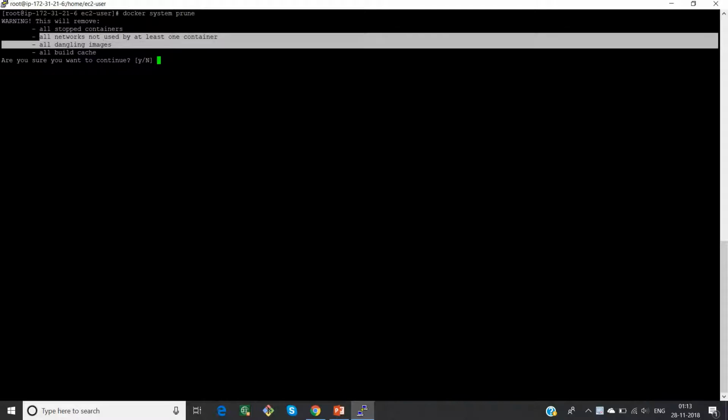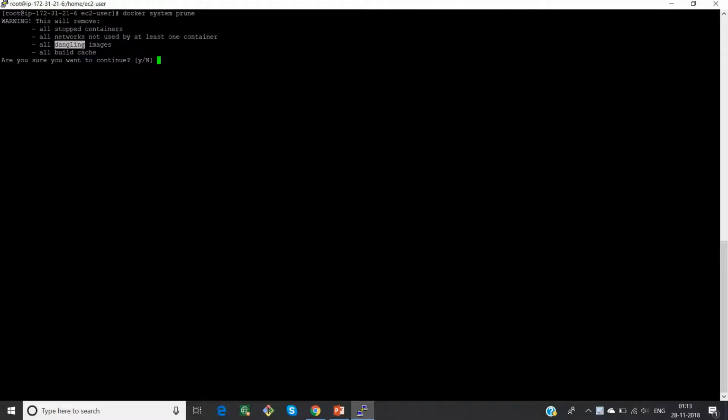Now I'm gonna run the command docker system prune. This command will give you a warning telling you this will remove all the stopped containers, all networks which are not used by at least one container, all the dangling images. Dangling images are the ones which are not yet associated with any of the containers, and all the build